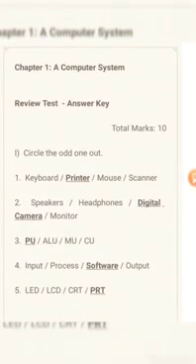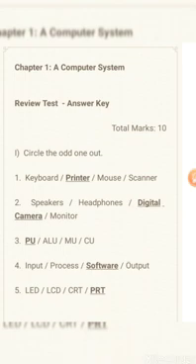Good morning, dear students. Today we are going to start a new chapter, that is chapter number 2, GUI Operating System and Introduction. But before that, let me show and tell the answers of the review test of chapter 1. I hope you have written it in your copy. Now get ready to check it. Each question carries 1 mark.